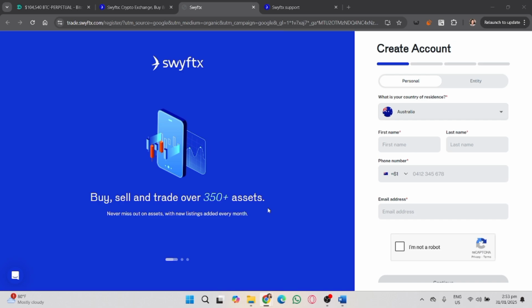Now, if depositing via bank transfer, enter your bank account details and the deposit amount. And if you're using POLi payments, follow the on-screen instructions to complete the transfer. And then if you're using a crypto deposit, send funds from an external wallet. And then after that, double check the details to avoid errors, click confirm deposit, and wait for the funds